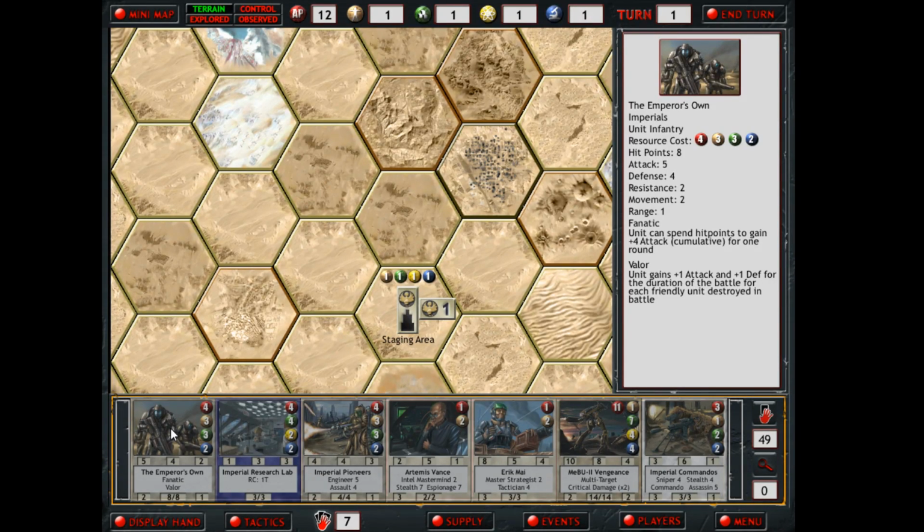But basically, its resistance is its resistance to non-conventional attacks. Attack and defense, those are just the numbers of dice that it rolls in combat. When it's attacking, it rolls 5 dice. When it's defending, it rolls 4 dice. If something is